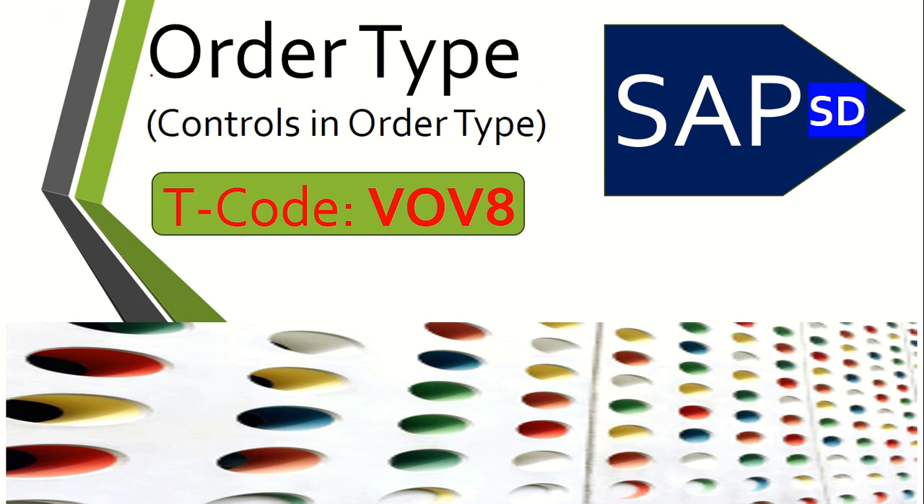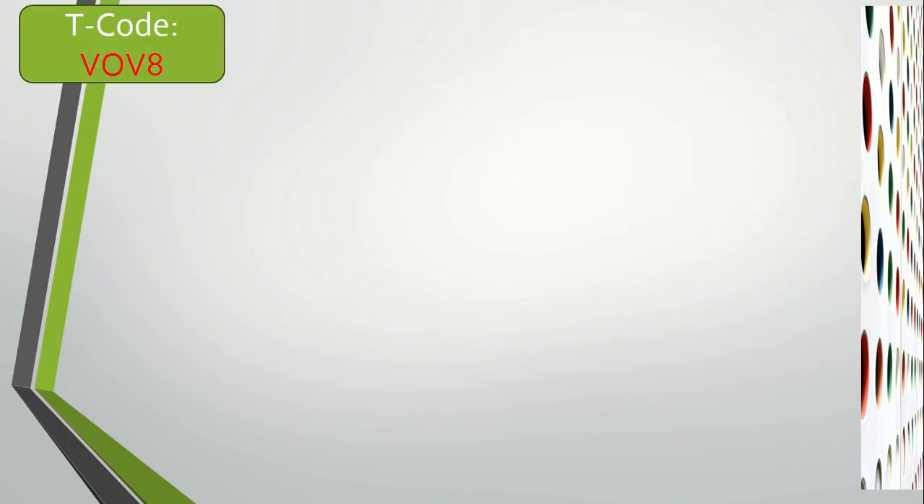This is for order type configurations, for which the T code is VOV8. Part 1 we have already covered in a previous video. This is part 2. Okay, so let us quickly summarize part 1, in which we have studied what is